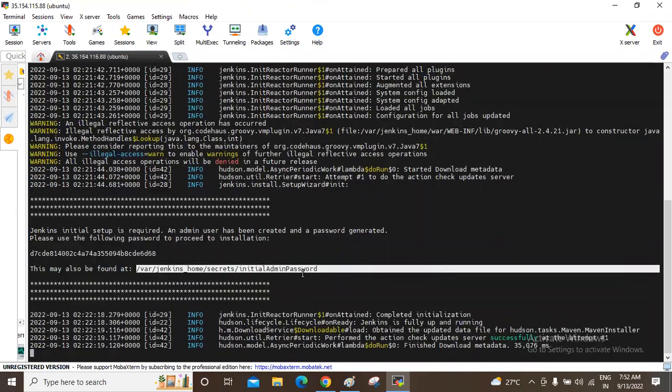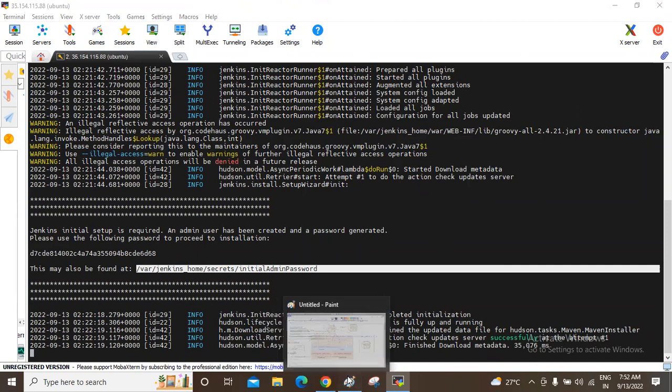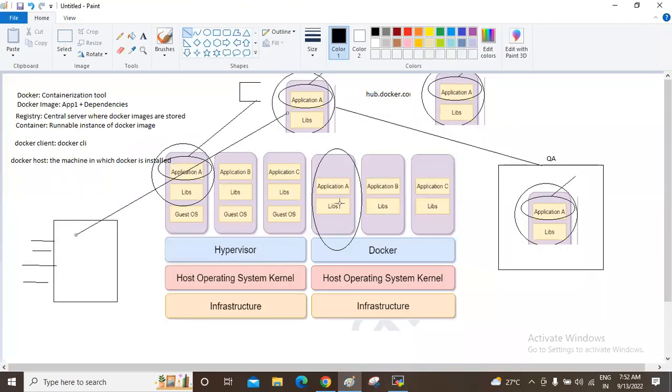See, now where is Jenkins running? Jenkins is running in a container. And for Jenkins, this container is running, and this container has its own JDK version, right? Let's suppose that we want to have another application that requires another Java environment. What we can do is, in that container, the required Java will be there.